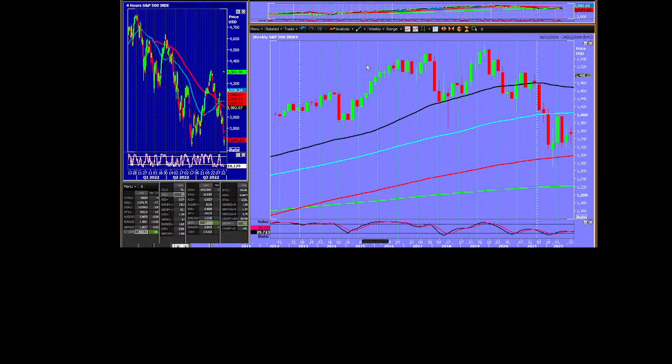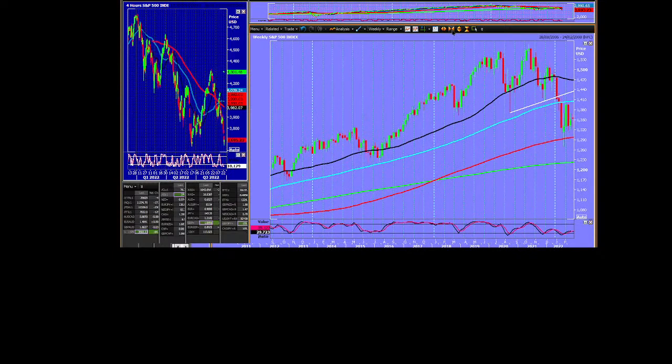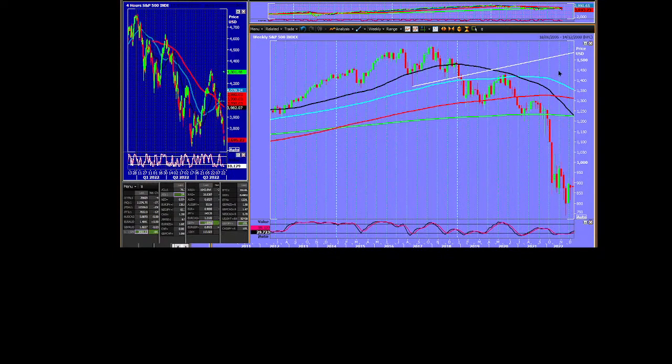There's your neckline. So let's pretend we're sitting in 2008. We're seeing that. I'm thinking, bloody hell, that looks like a big head and shoulders to me. And we've just broken the 100-day moving average. Remember how I showed you that we broke the 100-day moving average in January of this year? Then we revisited the 100-day moving average and actually poked above it. Oh, look, that's exactly what we saw in January of this year for the S&P.